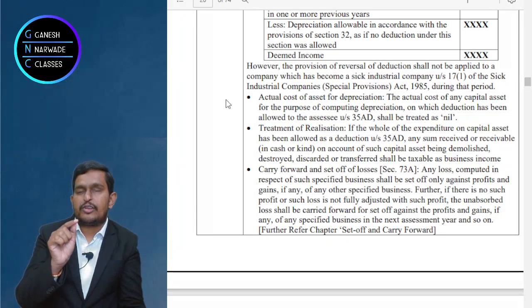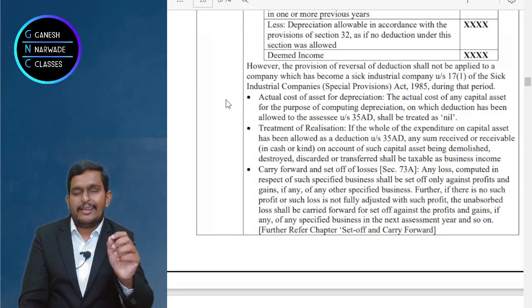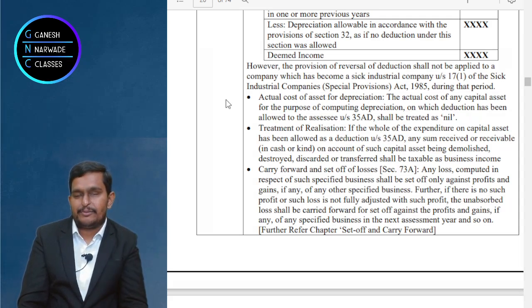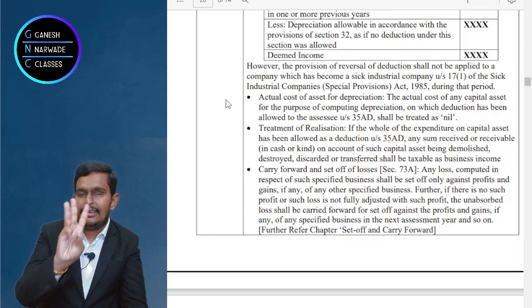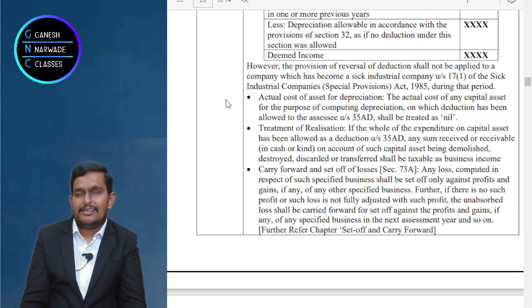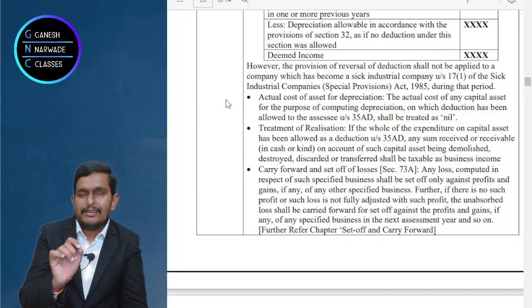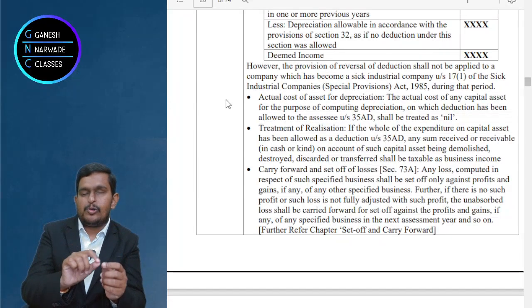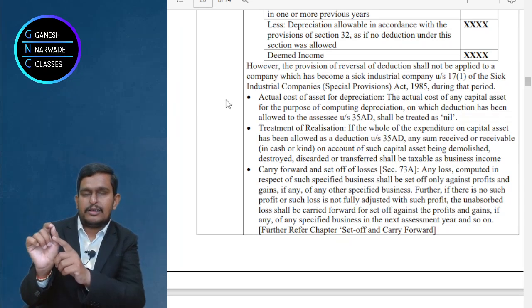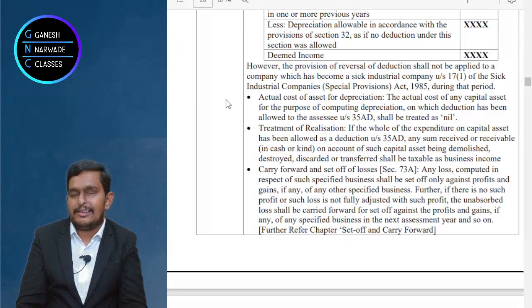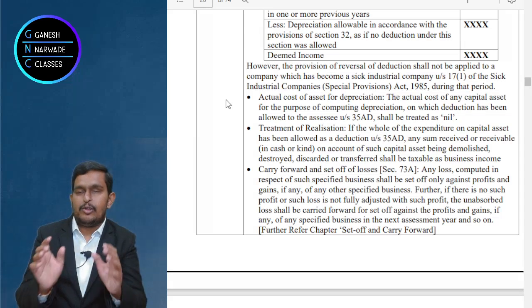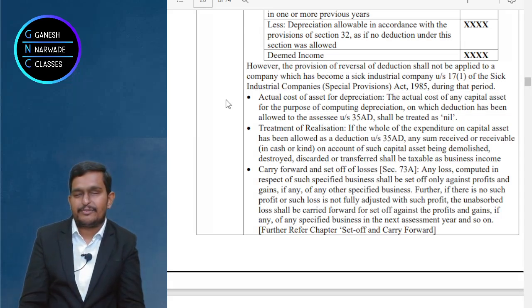Now you are using it for non-specified purpose, right? So just take the cost of the asset or capital expenditure minus depreciation for that many years which it was used for specified business. Suppose you used the asset for 3 years for specified purpose. Deduct depreciation for those 3 years. Now whatever WDV comes, that is the value which you can add to the WDV of the block in the non-specified business category. Okay, on this, numericals are also there to build confidence.